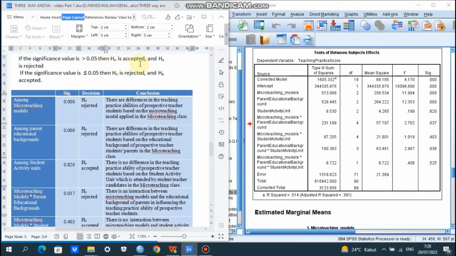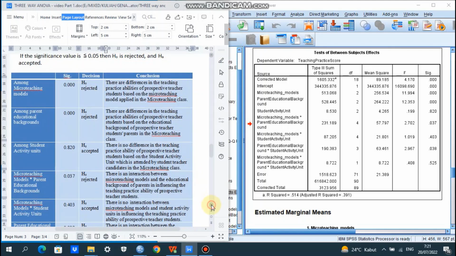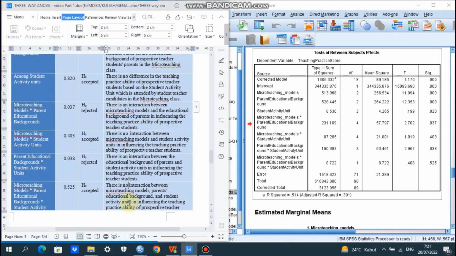So H0 is accepted and HA is rejected. There is no interaction among micro teaching models, parents' educational background and student activity units in influencing the teaching practice ability of prospective teachers.